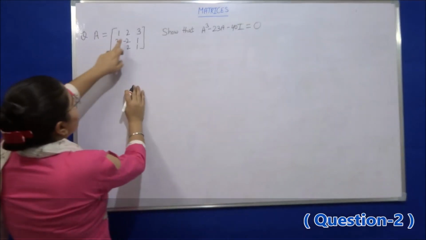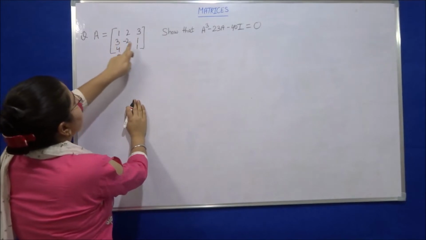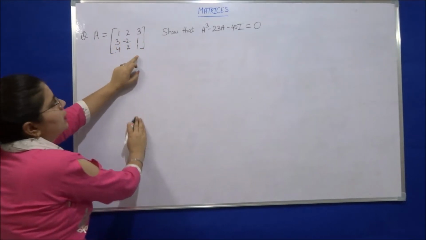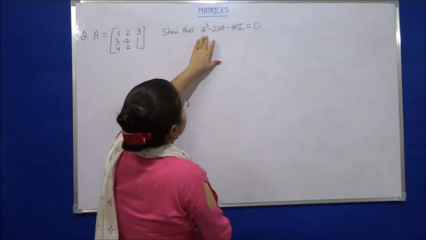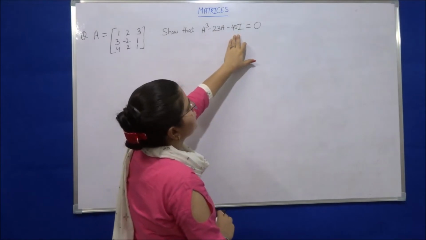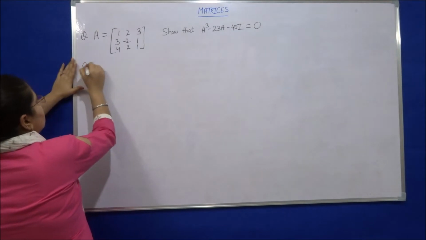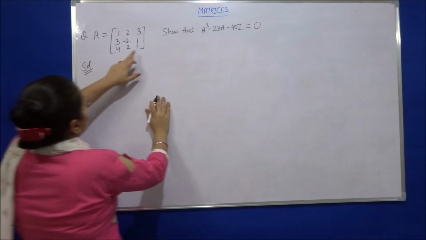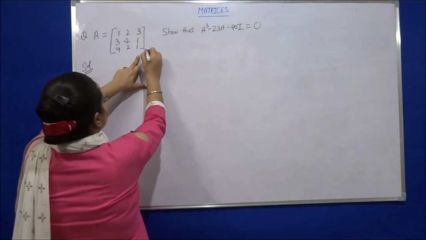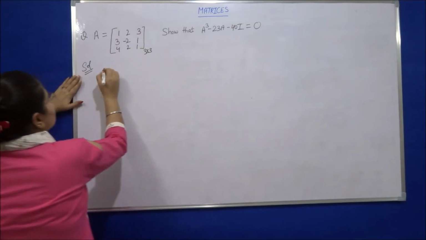Here matrix A equals [1, 2, 3; 3, -2, 1; 4, 2, 1]. We have to show that A³ - 23A - 40I = 0. So one thing to note is that it is a 3 cross 3 matrix. Now,